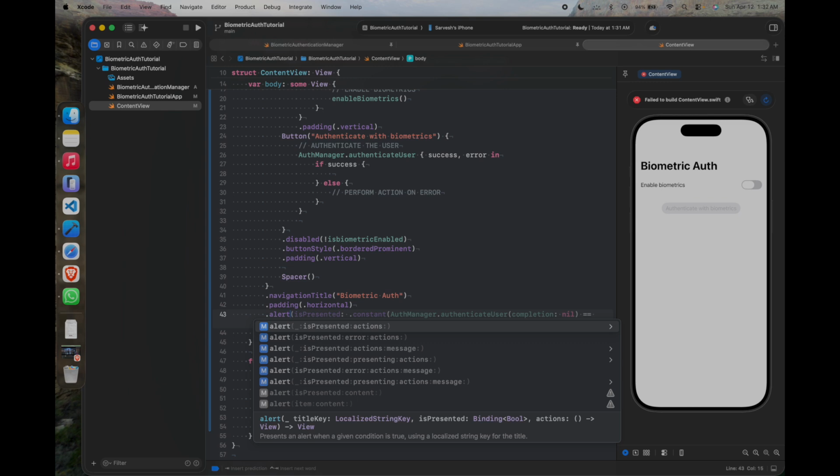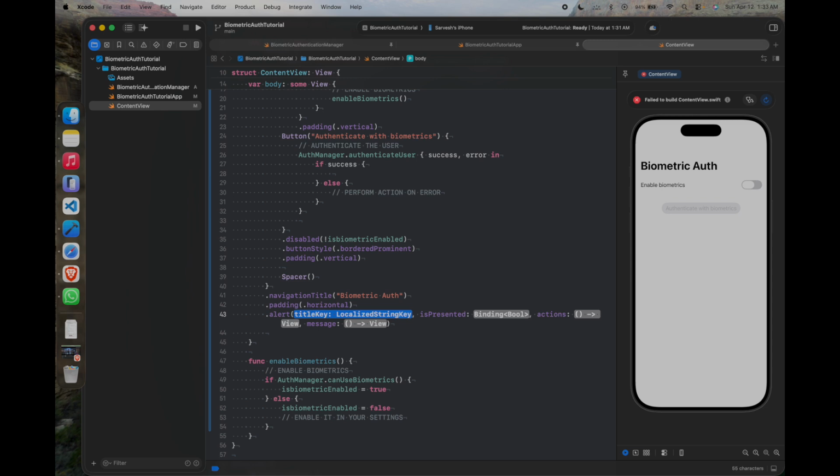What we want to do, let's go with this one. So the title key will be "Enable Face ID / Touch ID". Okay, it is presented. So basically we will present based on the basis of this